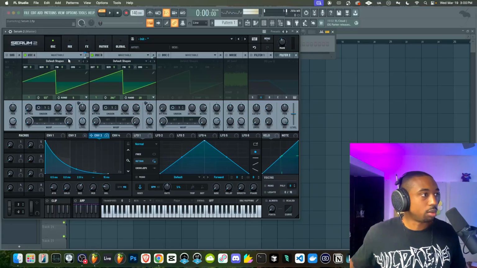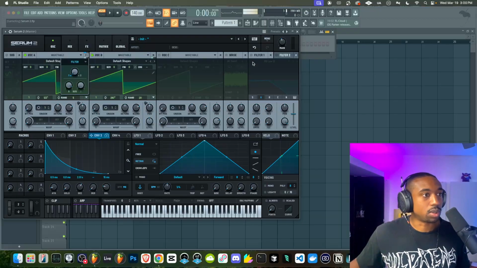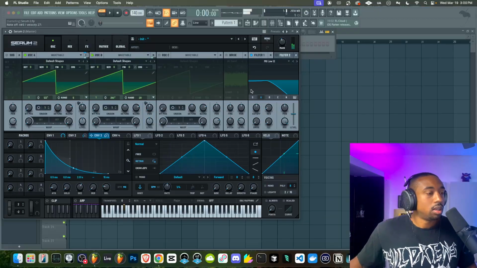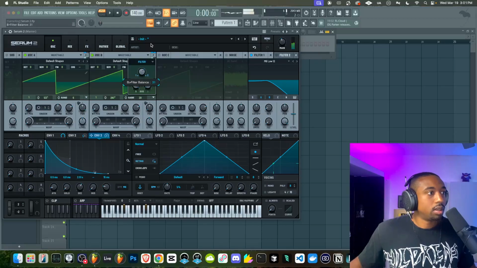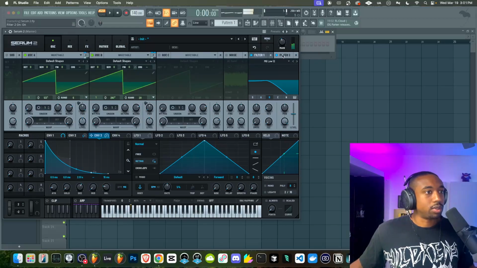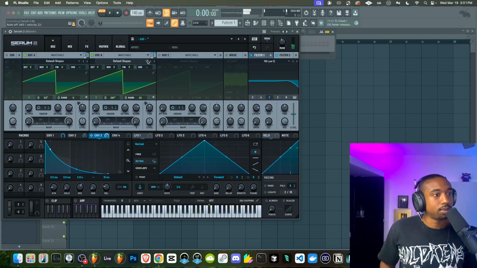Now again, this saw's a little bitey. We could modulate this with the filter. So let's go to filter 1, turn this on. Set this to have a filter output. And let's make filter 2 just a little bit different than filter 1. So I have a muffled filter on the left, brighter filter on the right.